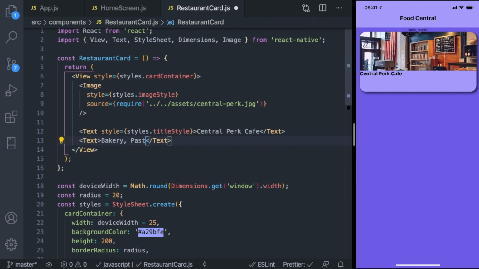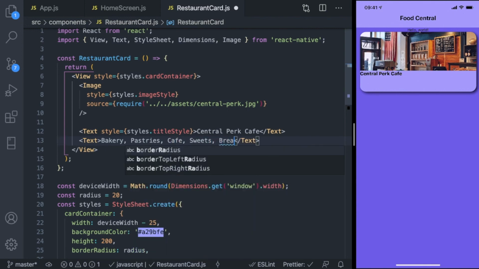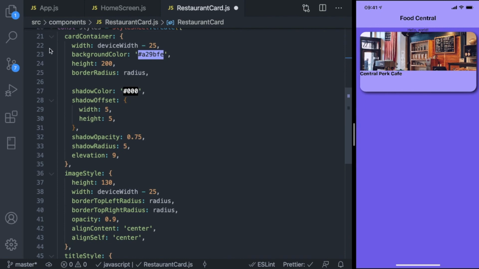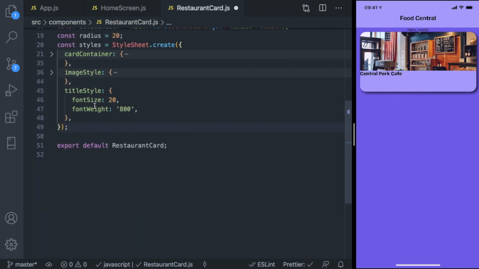It's not even a bakery. Pastries, cafe, sweets, bread, because coffee shops sell that. And then let's create